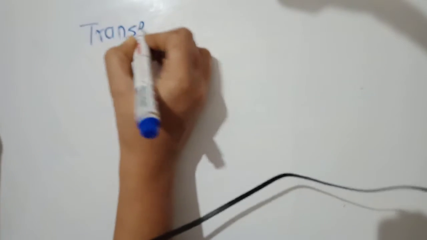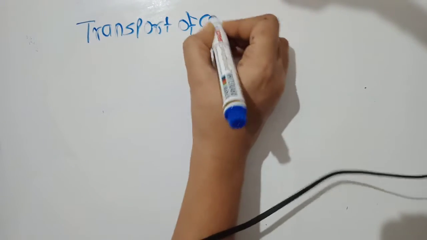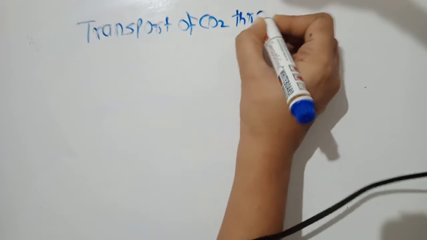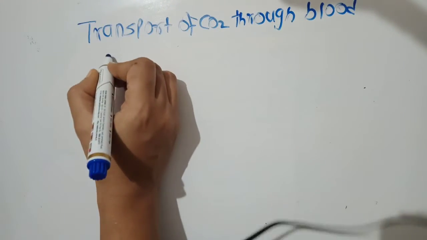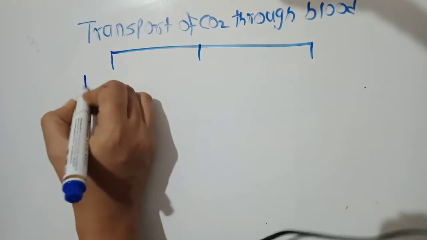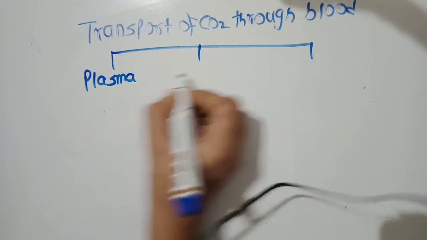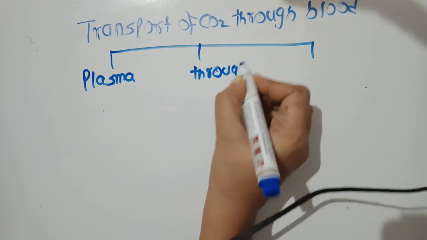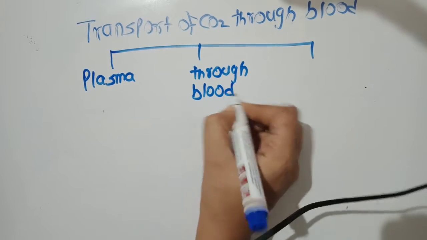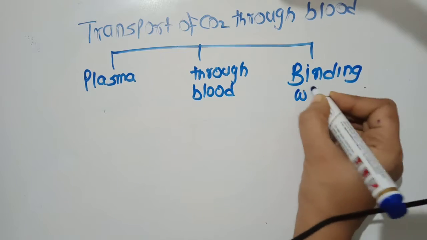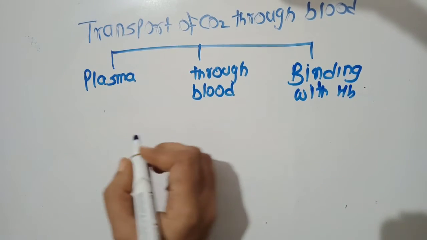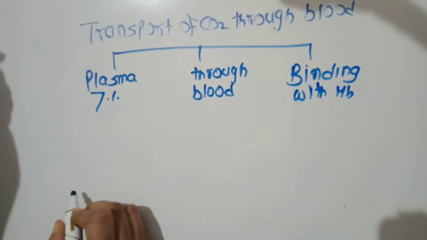Students, in this session we are going to start with a concept that is the transport of CO2 through blood. This CO2 gets transported in three ways. The three ways are through plasma, then through blood, and the third is binding with hemoglobin. In the first case, 7% of carbon dioxide gets diffused into